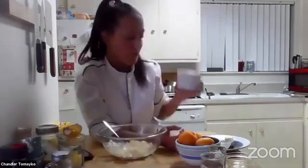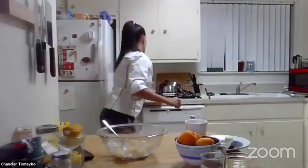But if you only have flour, you're going to use 150 grams of flour approximately. Again, it will depend on your potato. If you have semolina, you're going to use 120 grams of flour and then 30 grams of semolina. But because I don't have semolina, I am going to use,